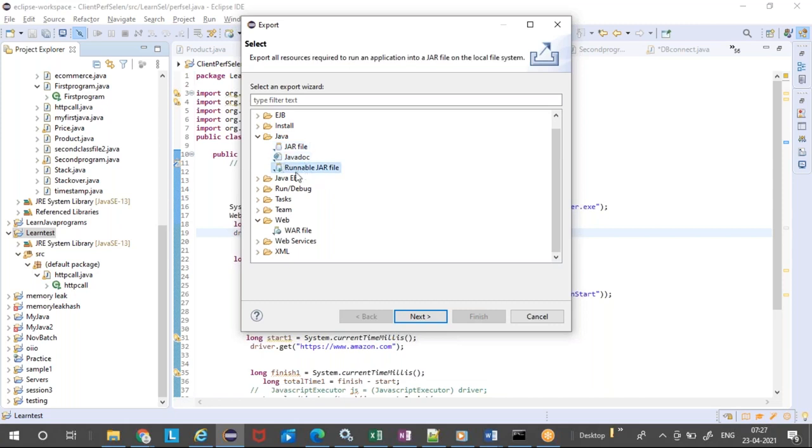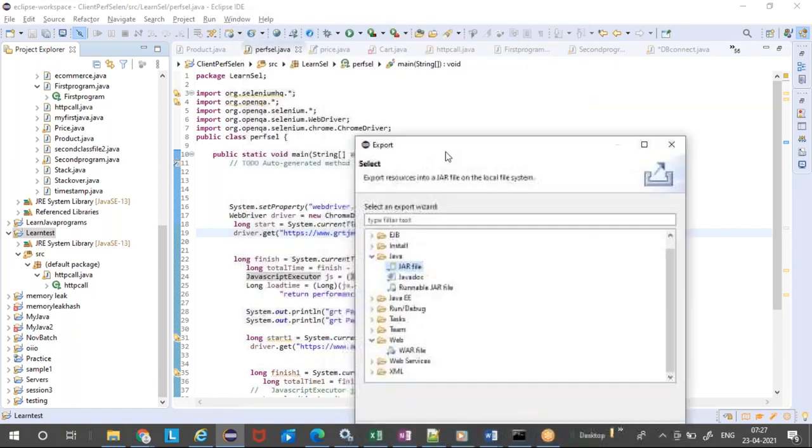The difference is that a runnable jar file can be directly executed from the command line. A jar file cannot be executed directly from the command line, but it can be referenced by other programs, like java.sql.Connection and all these things. Those cannot be directly executed on the command line, but they can be used by other programs.